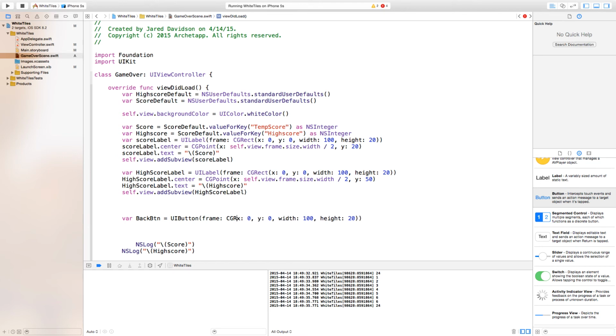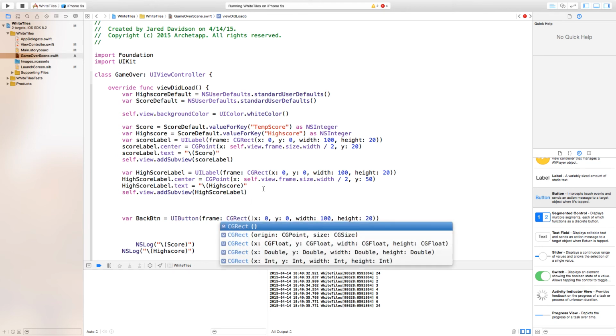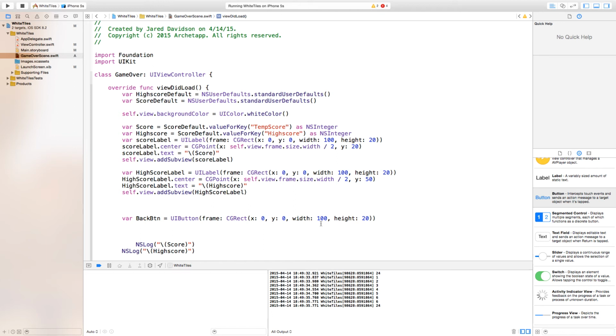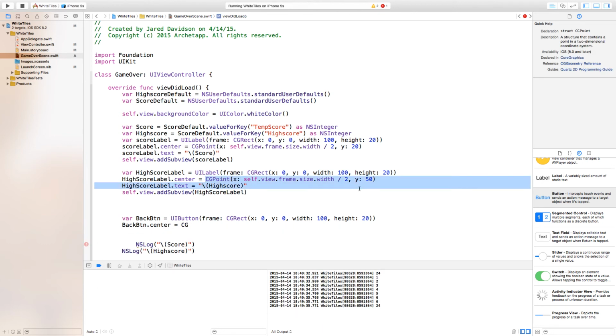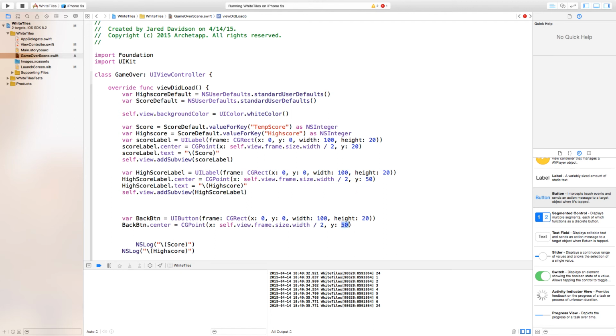So CGRect, open parentheses, and now we have X, Y is 0, our width is 100, and our height is 20. Now we need to set the center of it by just saying backButton.center is equal to, and this is going to be again equal to our CGPoint. We're just going to basically take this and change the Y value. So just copy and paste that in,